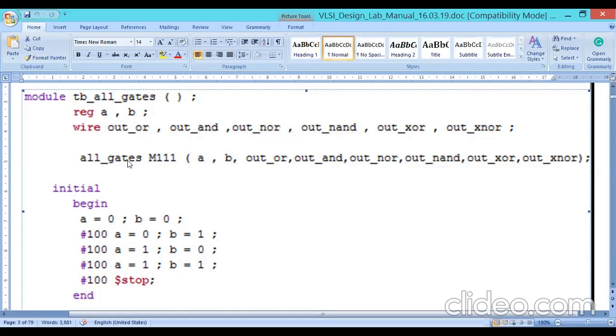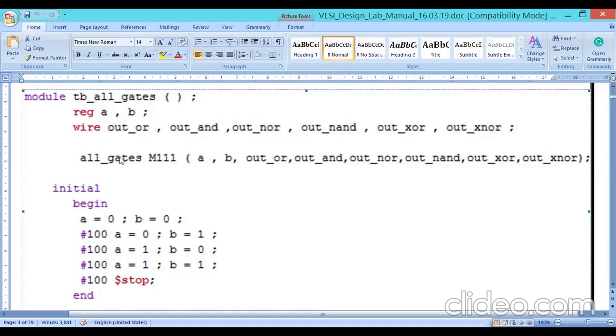The assign statements execute because A and B, on the right hand side, are varying, like A or B, A and B.